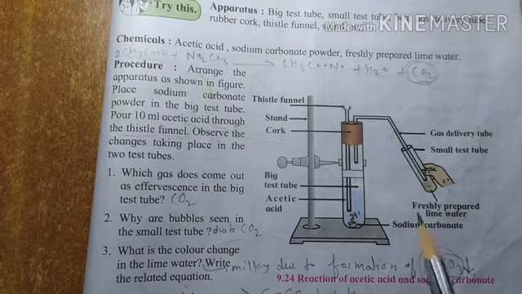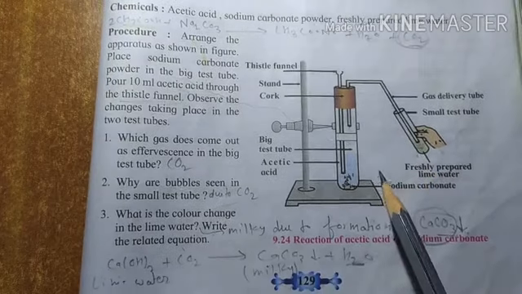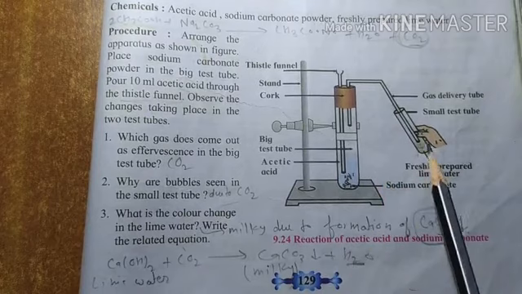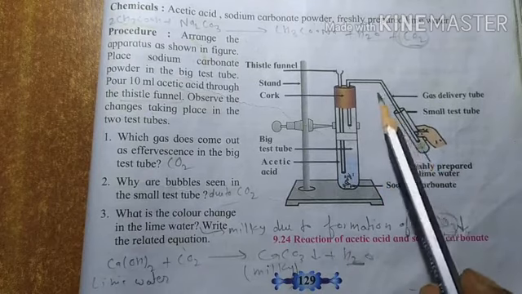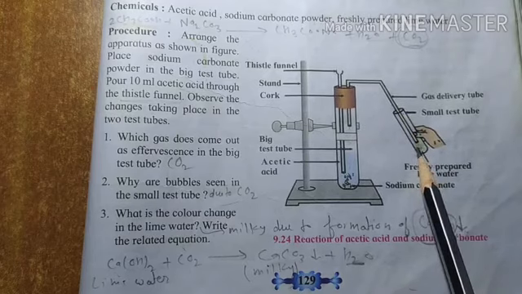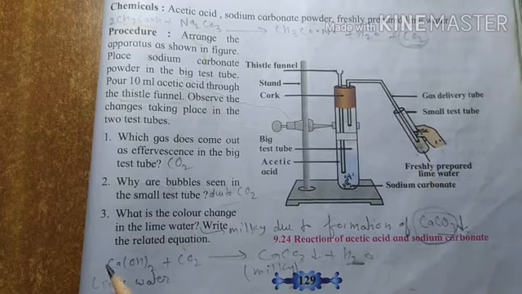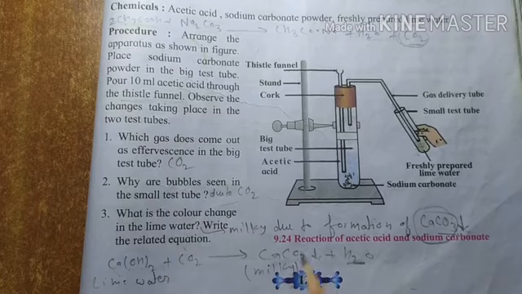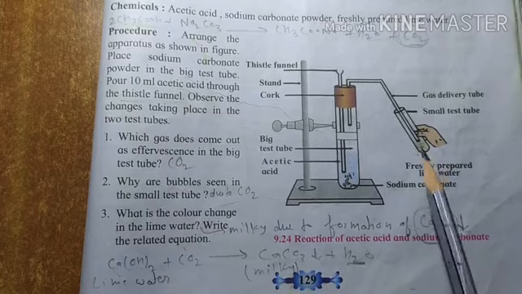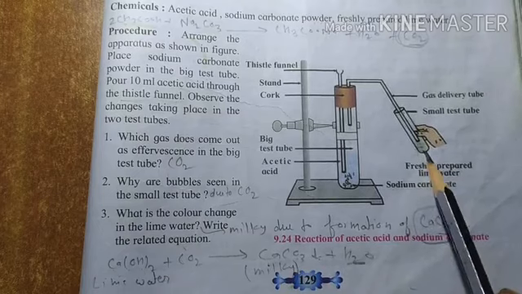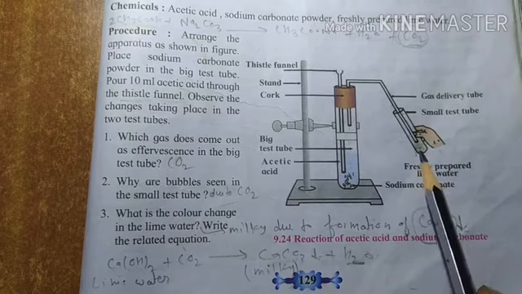The formula of lime water is, sorry, this is not visible. See, now this is visible. So this carbon dioxide gas is coming from this tube, and the chemical formula of lime water is calcium hydroxide, Ca(OH)2. This reacts and forms calcium carbonate precipitate. That's why it turns milky. Due to the formation of calcium carbonate, the lime water turns milky, plus H2O is formed here.